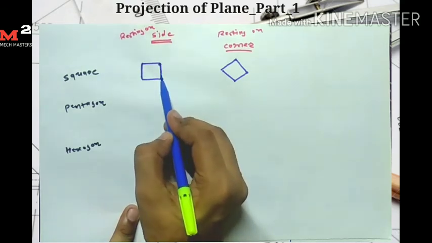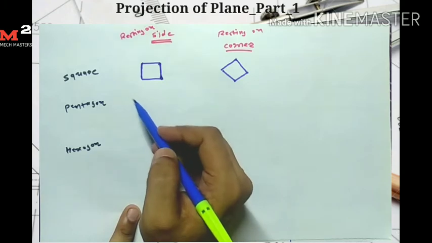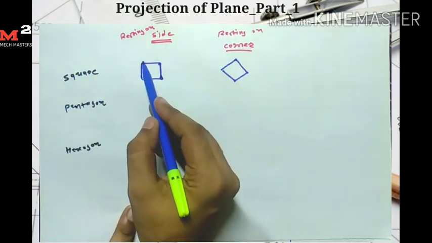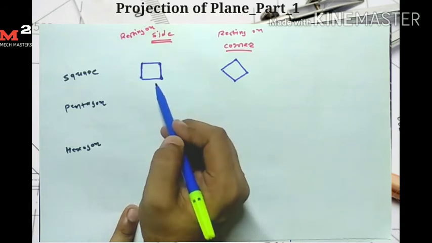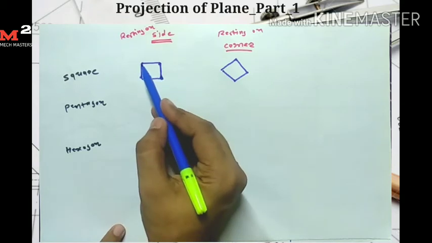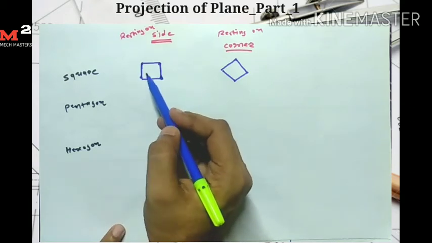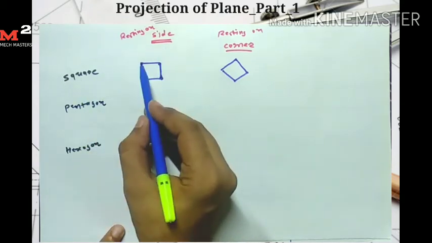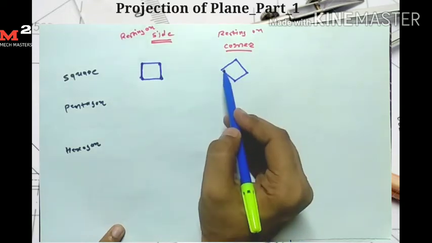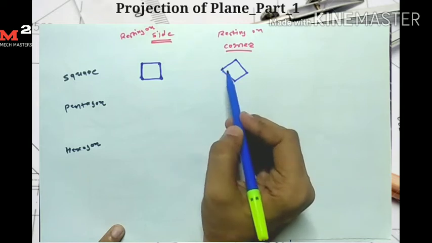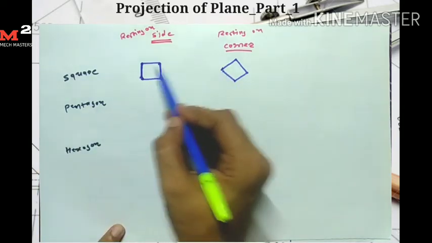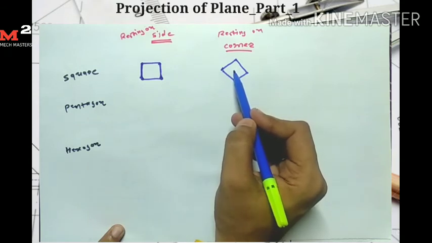Okay, means if the plane is resting on side, then its side is on either right side or left side. Okay, I say either left or right, not left hand side. Maybe it's on left side or right side. You take on left or right, but I prefer to take this on left side. So if the plane is resting on side, then I draw the side on left side. And if the plane is resting on corner, then I draw the corner on left side. Okay, so this indicates the plane resting on side, and this indicates plane resting on corner.